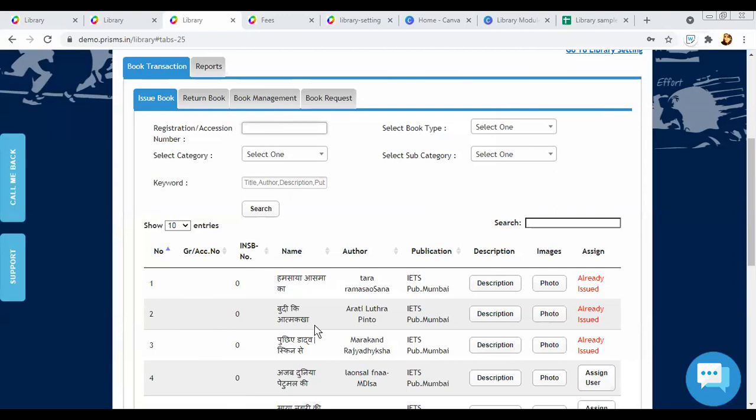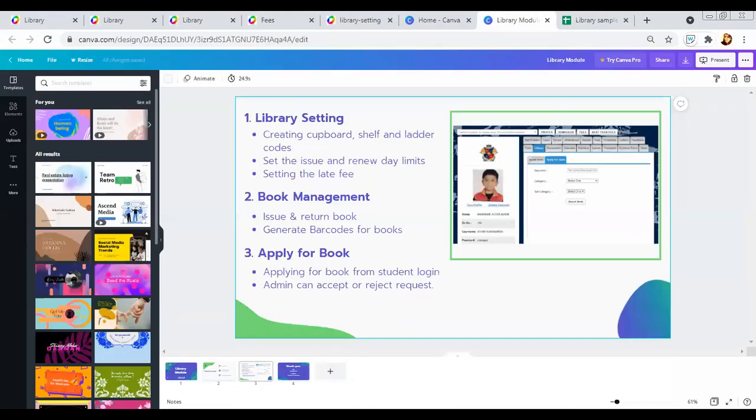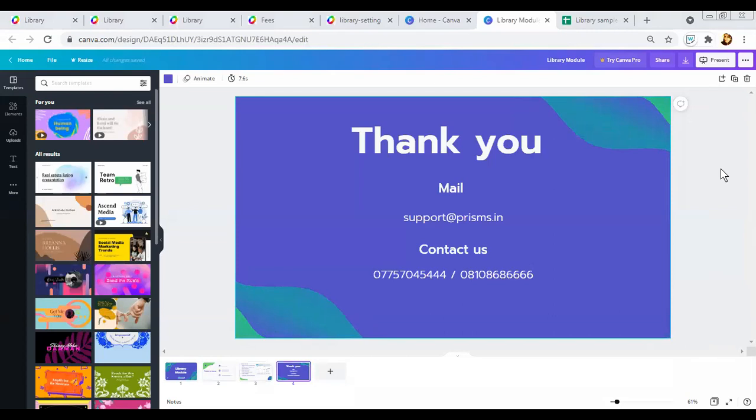I've sent a link in the chat box. You can copy that link, send us a sample Excel format accordingly, and put us a mail at support@prisons.in with your school's library data, and we'll upload that, and you can start using your library module.